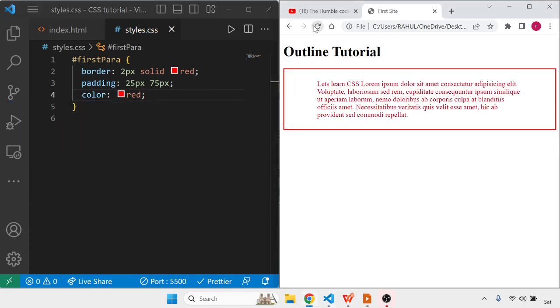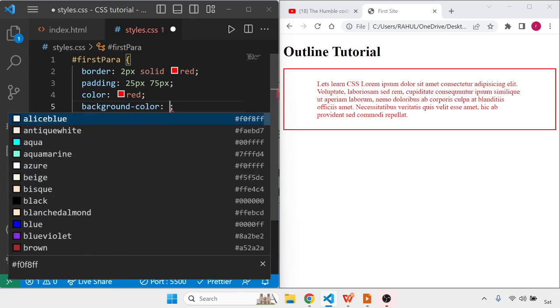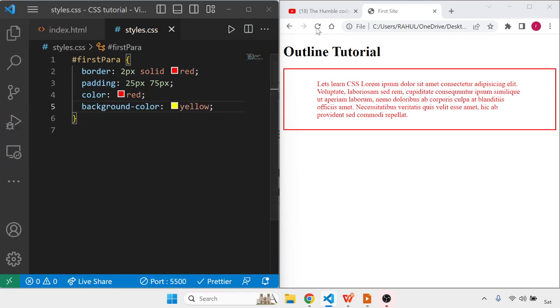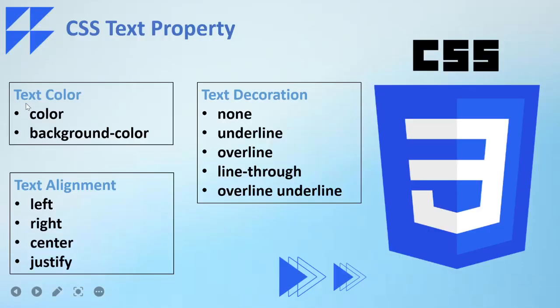Once I refresh it, you can see that the color is now red. Similarly, I can set the background color of this text to yellow. Once I save and refresh it, you can see the background color is yellow. So these are the two color properties that we have on text.